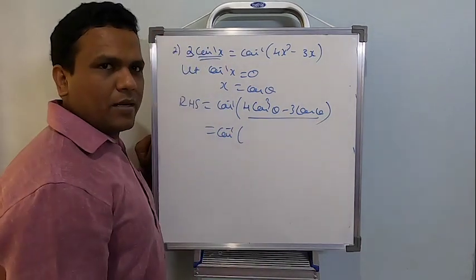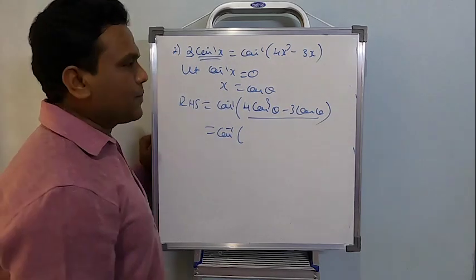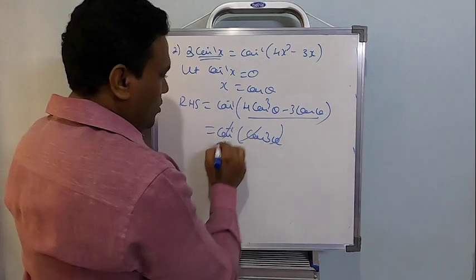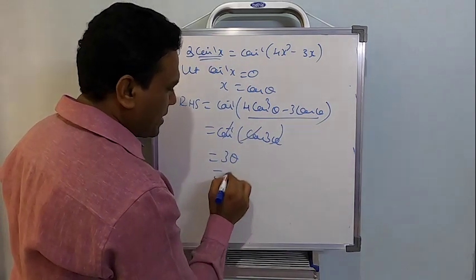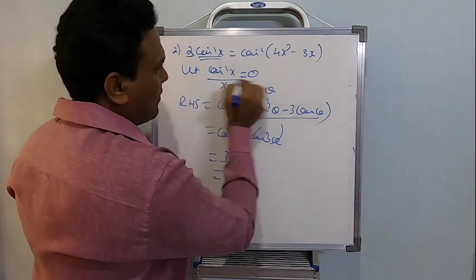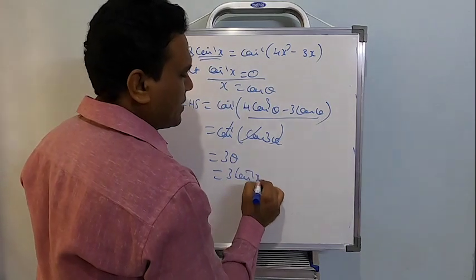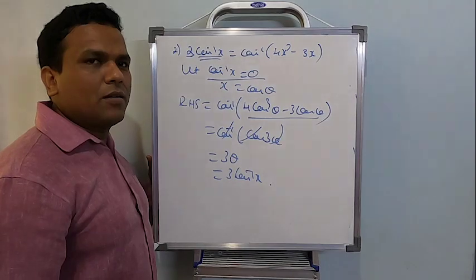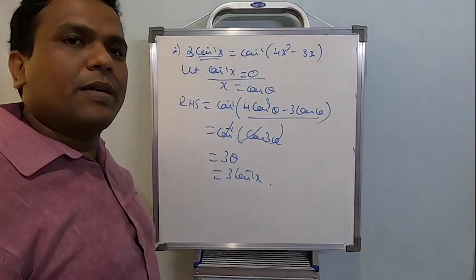That's it, nothing else. The first year formulas you should be ready with. This is nothing but cos 3 theta. Eliminate cos inverse cos. The remaining is 3 theta, 3 multiplied by theta. The value of theta is cos inverse x. Where are you finding it difficult? It will not be difficult at all. The only thing is you should be thorough with your basics.